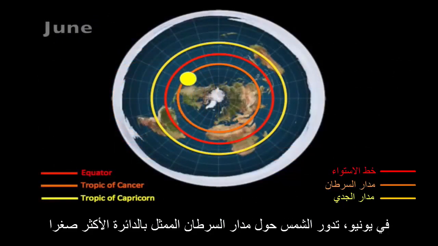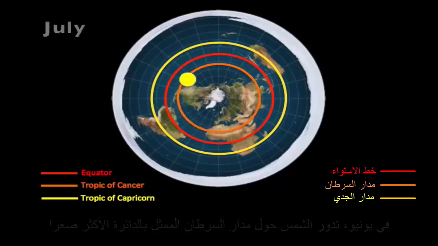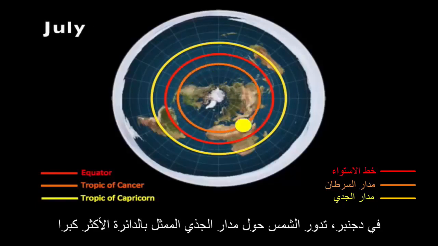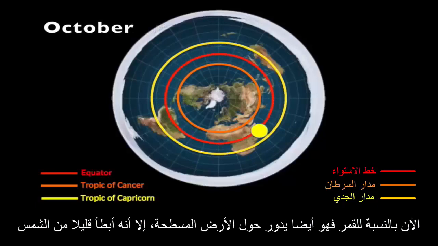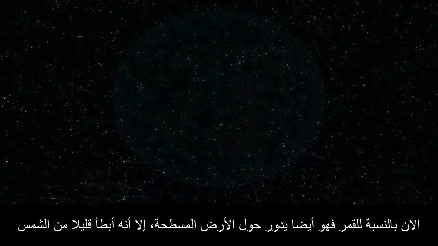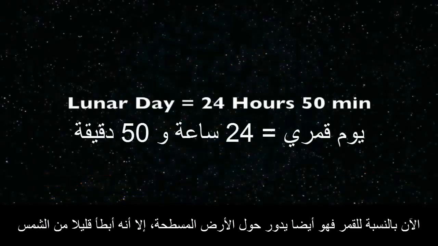In June, the sun is circling over the Tropic of Cancer, so it's got a much tighter circle. In December, the sun is circling over the Tropic of Capricorn, so it's got a much bigger circle. And at the equinoxes, the sun is circling over the equator. Okay, equinox, equator. Now the moon also circles above the flat earth, but the moon is slightly slower than the